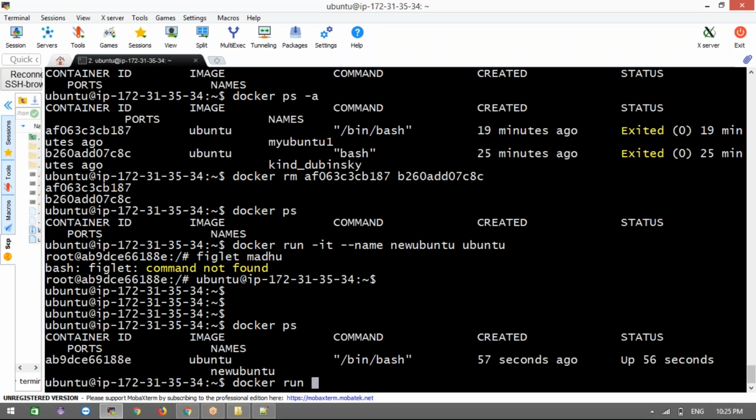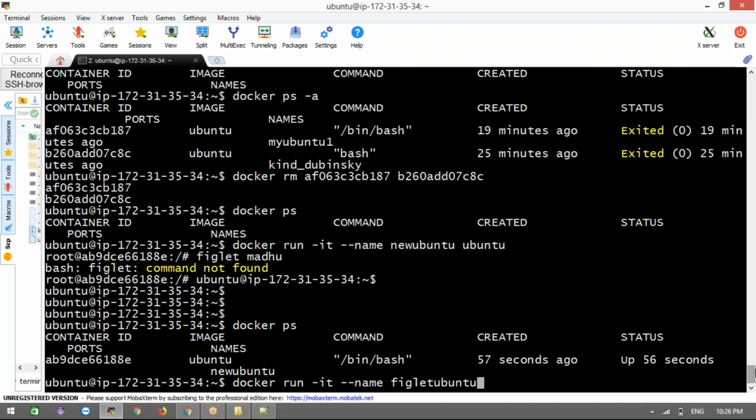We created one image, right? What is the image? The Piglet Ubuntu. When we created that image, docker run, we can give -it, interactive terminal. And then --name, and I'm going to give this one a new name. I'm making this name the Piglet one, Piglet Ubuntu.